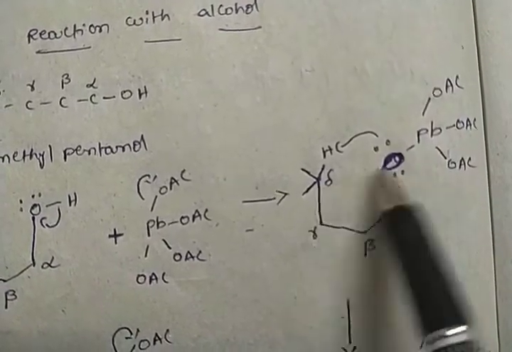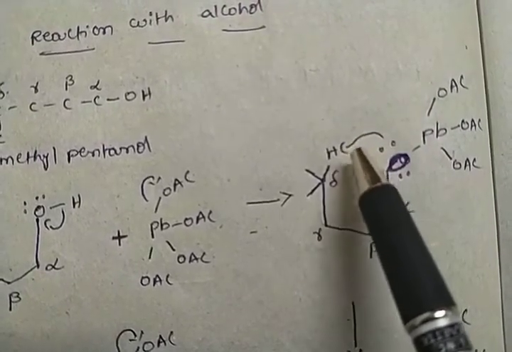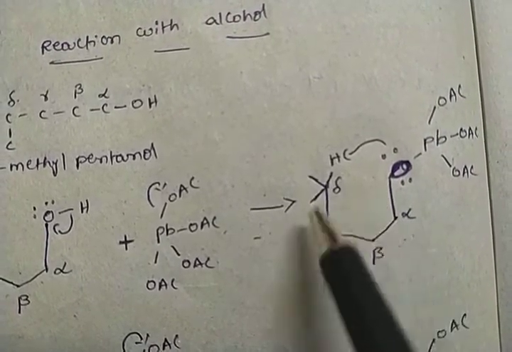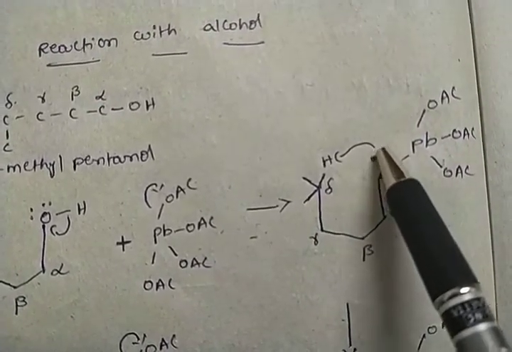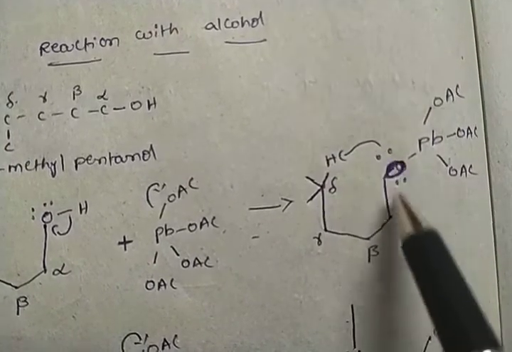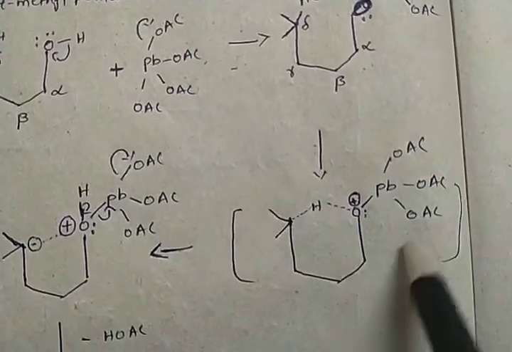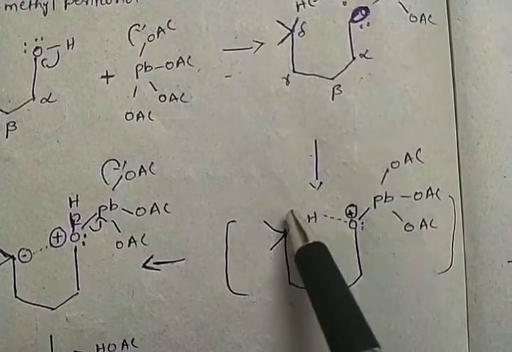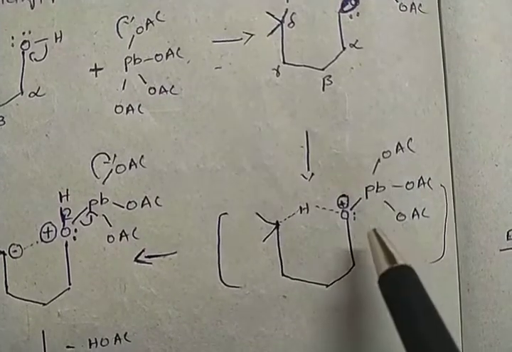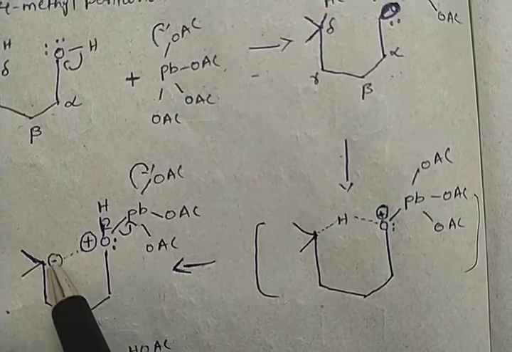And so here what will happen? Intramolecular hydrogen bonding, my dear friends. Everyone knows that from plus 12 we have intermolecular and intramolecular hydrogen bonding. So oxygen has a lone pair of electrons, so it will attract a proton. So like this, some intermediate will appear here, my dear friends. So the hydrogen will move towards the oxygen atom, it gets the positive charge, and this will get the negative charge.